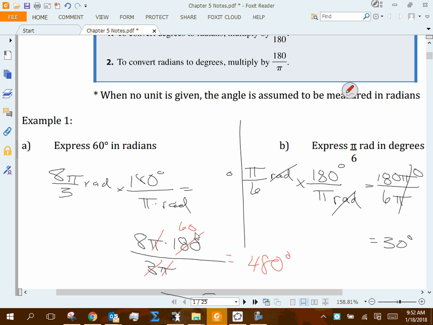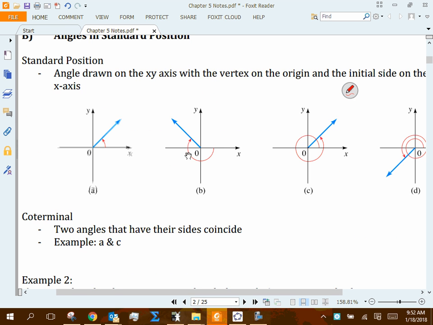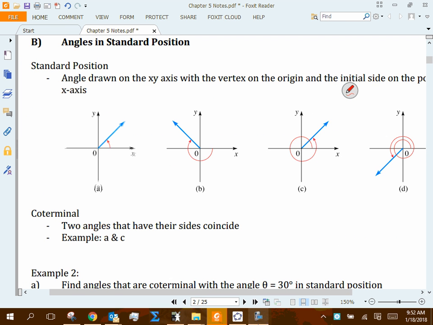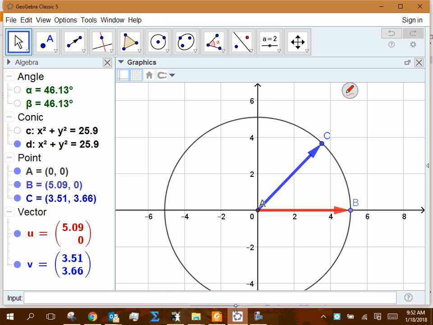And we're going to get a lot of angles like that, because that's bigger than 360, right? You're going to get a lot of angles that are larger than 360 degrees. I'll give you the visuals of how they write stuff in WebAssign and stuff like that. This is considered standard position. Every time we deal with angles,